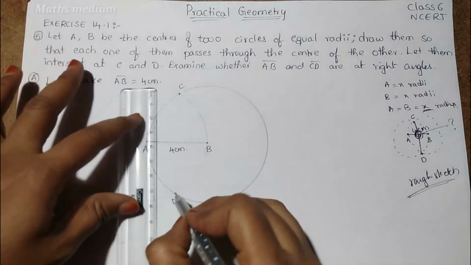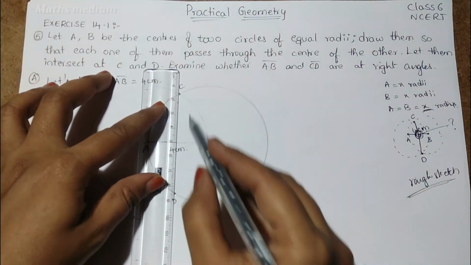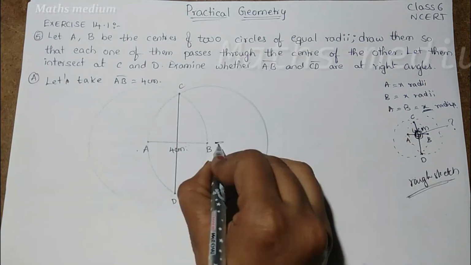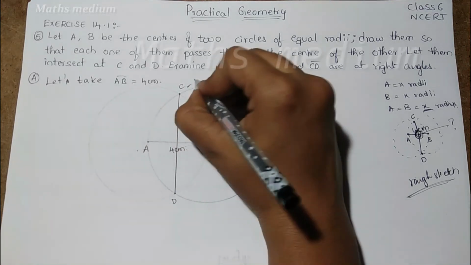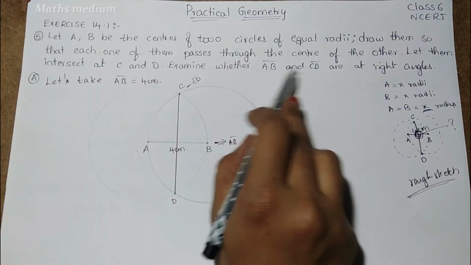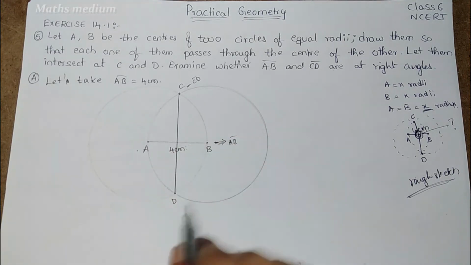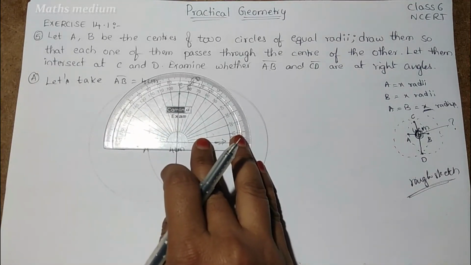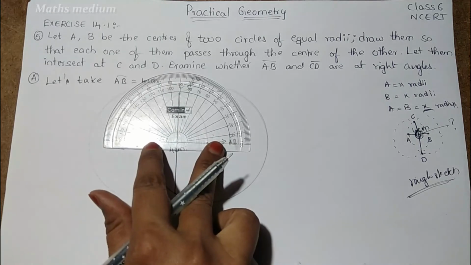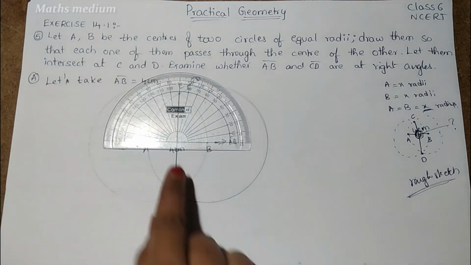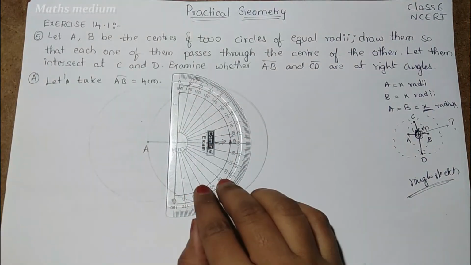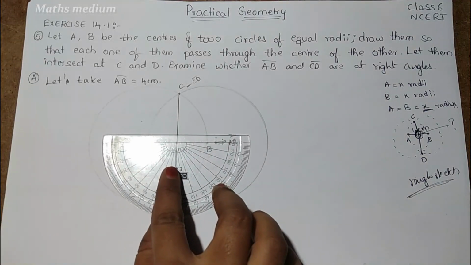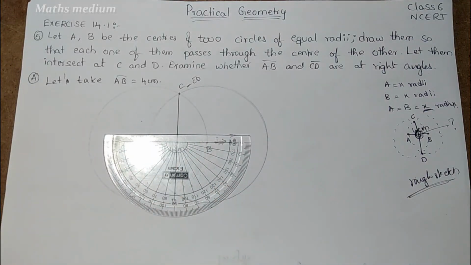Now I am drawing a line through AB bar. So this is CD bar. It means this is AB bar and this is CD bar. Now, are AB bar and CD bar at right angles? We have to measure whether this is a right angle or not. Taking the compass and putting it at this point. Yes, exactly, these are right angles. Without any disturbance, I am showing you again. This is also 90 degrees. Next, this is also 90 degrees.